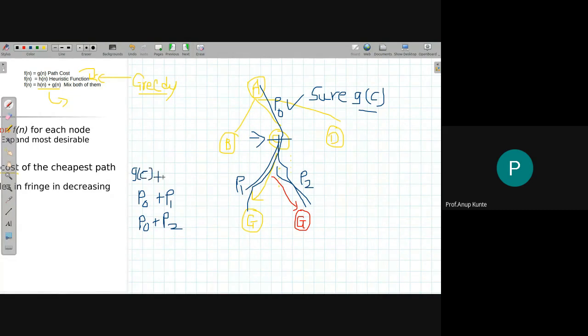Then this can be the cost of following path 1, the cost of following path 2. Consider when you're running the algorithm and you have just brought C out from the fringe list, or you are about to bring C out from the fringe list. You don't know what the rest of the paths are going to be, or how many there are going to be, right? So you can only estimate what the remaining cost to reach the goal node could be.